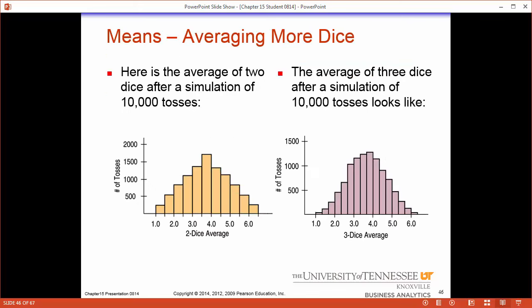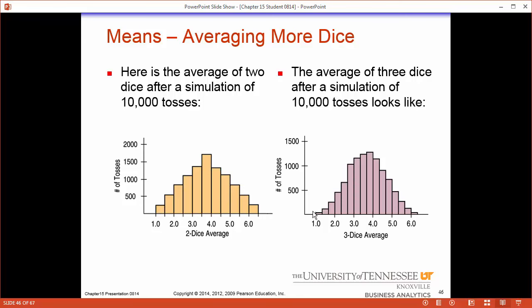Let's look at actual dice rolls again. So when we roll a dice, what we would see is kind of a distribution that looks kind of flat. Think about it for a second, a distribution of dice rolls would look flat because 1 would come up as much as 2 would come up as much as 3 or 4 or 5 or 6. But why do these not look flat? These don't look flat because what we're doing in this one right here is we're averaging together 2 dice rolls. This distribution right here is the average of 2 dice rolls. So how would you have to get 1? To get 1, you would have to get 1, 1. To get 6, you'd have to get 6, 6.